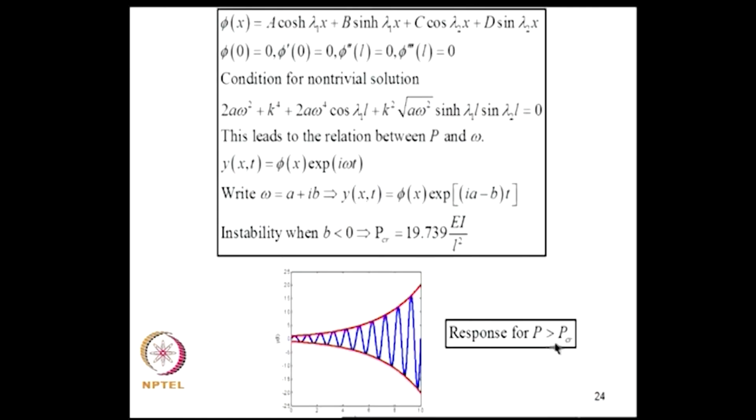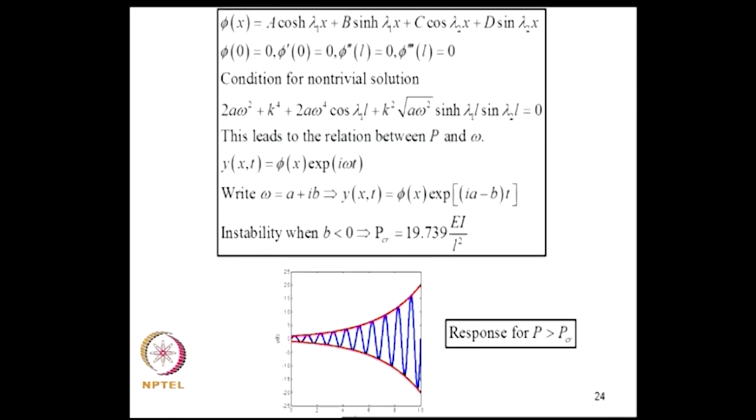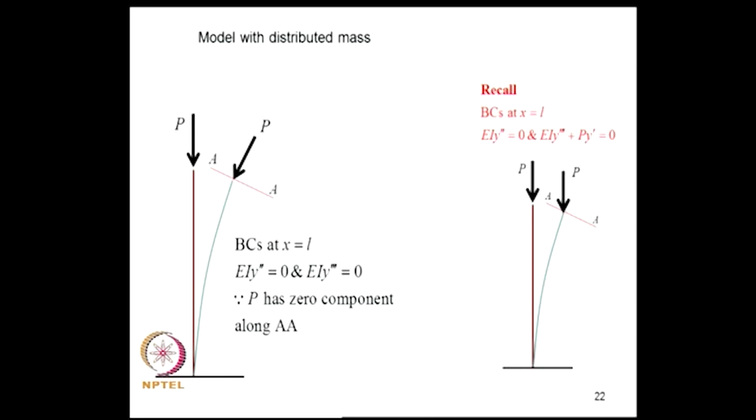Now, if p were to be greater than p critical, this is how the solution would grow: it will be oscillatory and it grows. This is called flutter and things like that. Now, there are 2 books; this book by Bolotin is a classical book which discusses these problems, and in the existing literature there has been criticism of this model, and the basic question that has been asked is, are